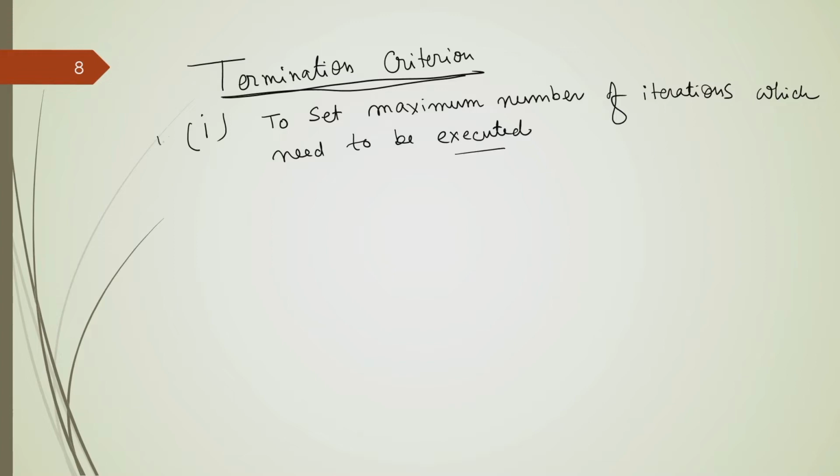So, this is one termination criterion, but this is not all, which means we will not keep this operation going if we get convergence in between. What do you mean by convergence? Convergence means